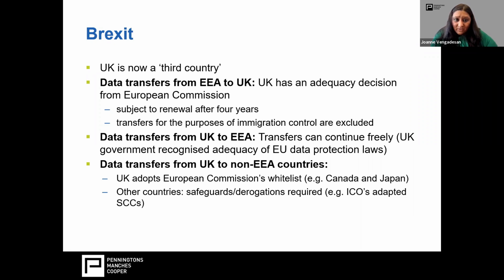So in brief, and I mentioned there is another webinar available on this topic, in brief, when the data is transferred outside the EEA, the UK adopts a list of safe countries. There are safeguards that need to be applied when you're transferring the data to countries other than those, such as the US. There are a lot of moving parts relating to the use of standard contractual clauses, whereby we have